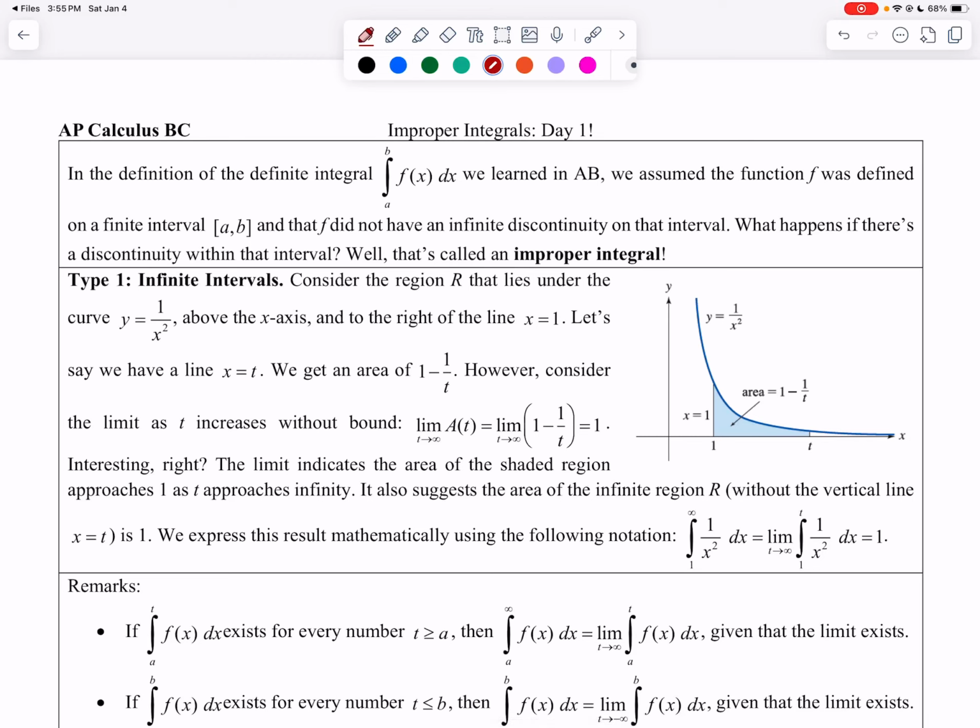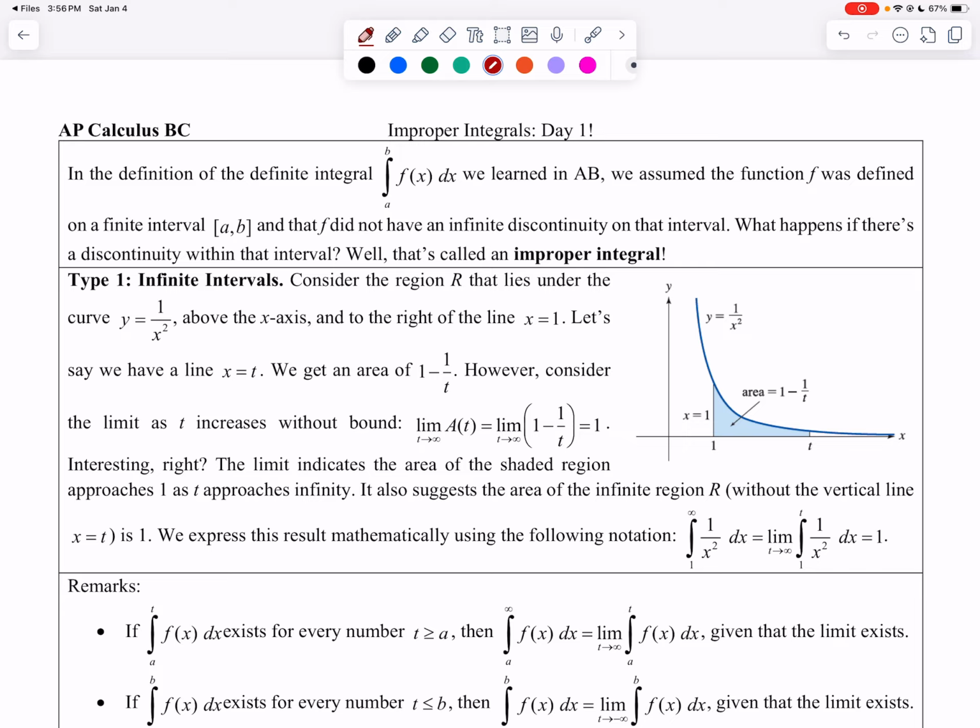Alrighty, in this video we are going to be talking about improper integrals. Back in AB, whenever we talked about the definition of the definite integral, we talked about how f had to be continuous on a to b. Now, in this course, we're going to talk about what happens whenever f is not continuous, and let's say that we have a discontinuity within my interval, or we have an infinite discontinuity where our function goes on forever and ever and ever,